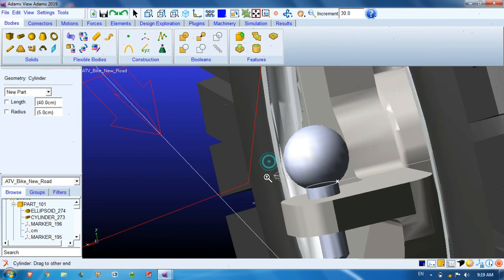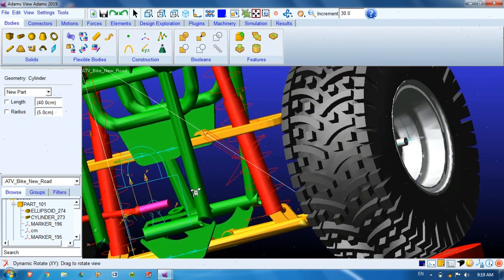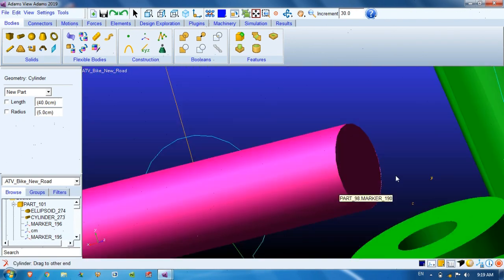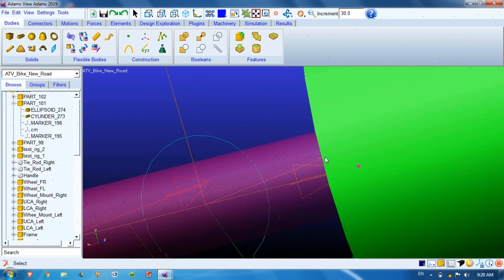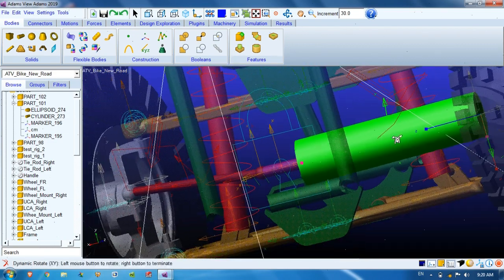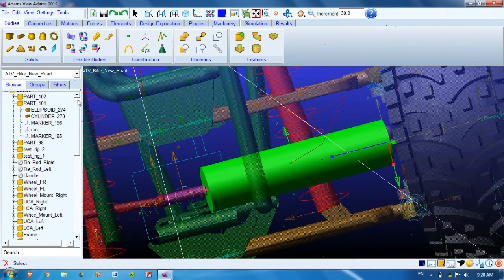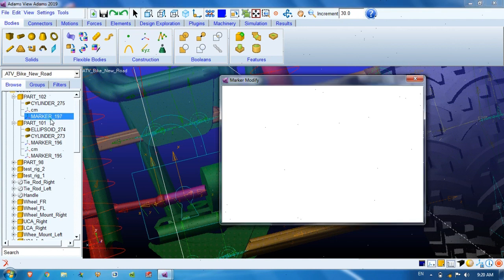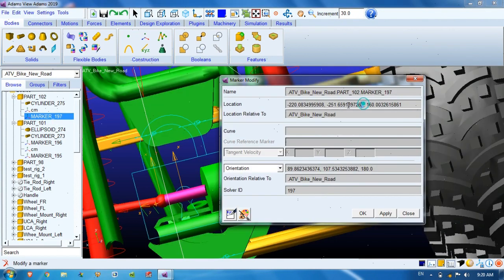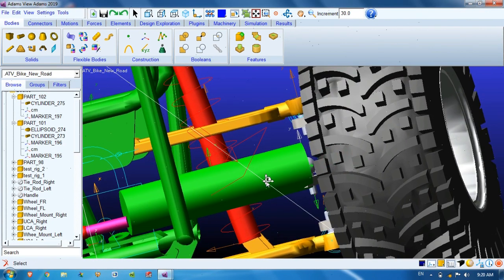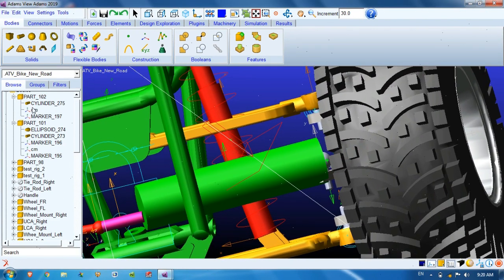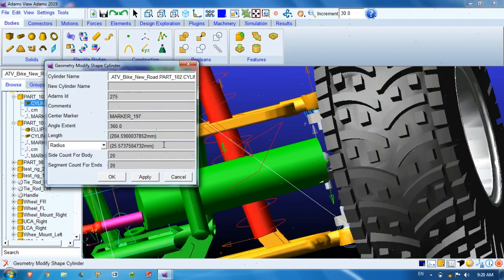Okay, laterally we'll create another part, so we'll choose the center of this, so it is created. Now we will change the location of the position marker to 242, so that it will go to the exact location of this ball. I will reduce the radius to 5.